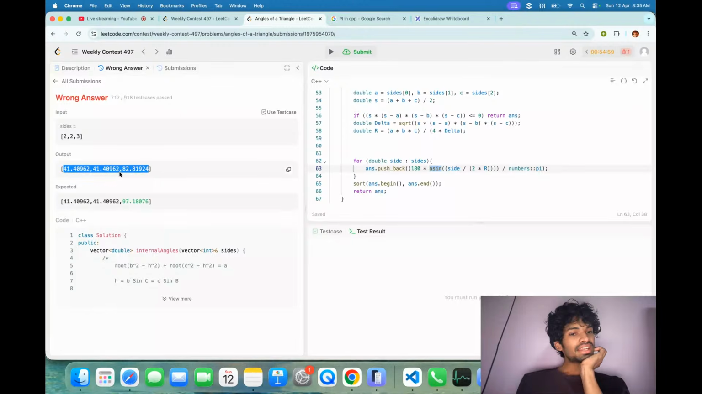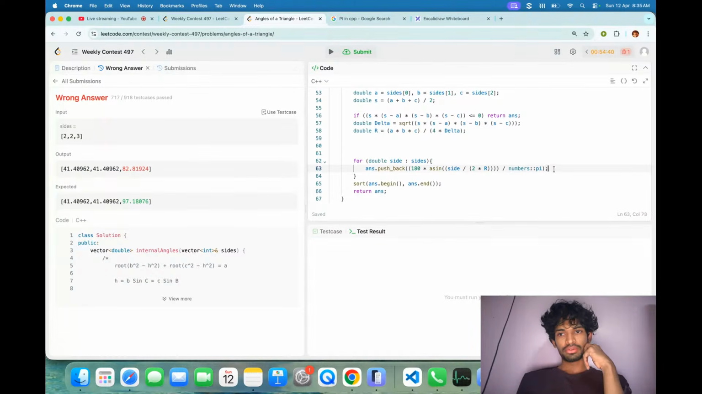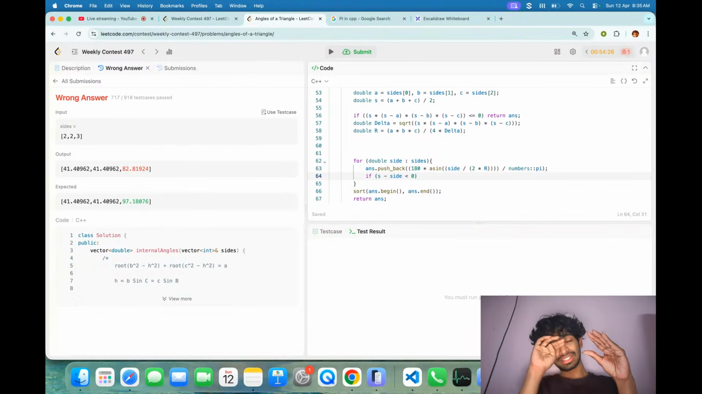I can't be using sine because sometimes it will be wrong. So I will always give an acute angle, right? But I have to do something else. If s minus side is less than 0, because it cannot be equal to, because then it violates. Then the semi-perimeter is less than the side, the side is greater than the semi-perimeter, which means that is the obtuse side. For that you have to do